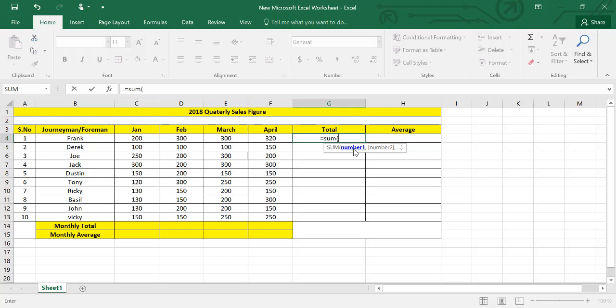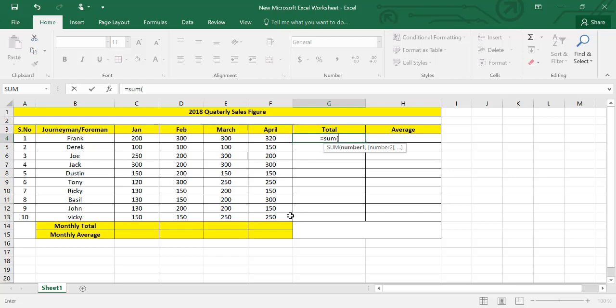Let's suppose you want to calculate the quarterly total for 4 months only for Frank. So we need to add 200, 300, 300 again and 320. So what we will do is check the cell. Let's say this cell name is C4.